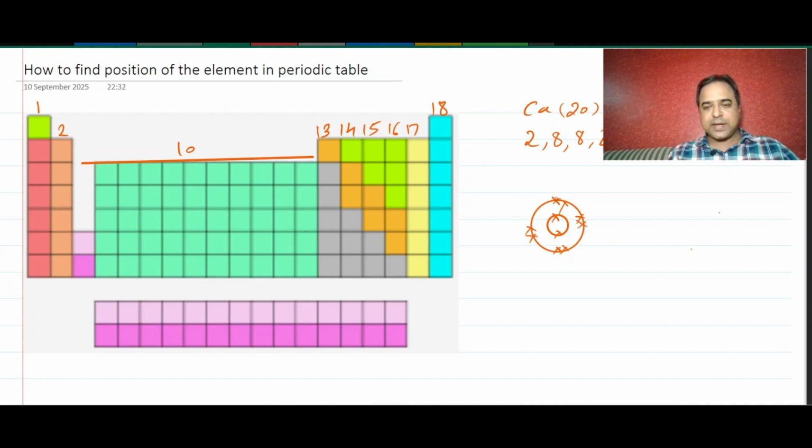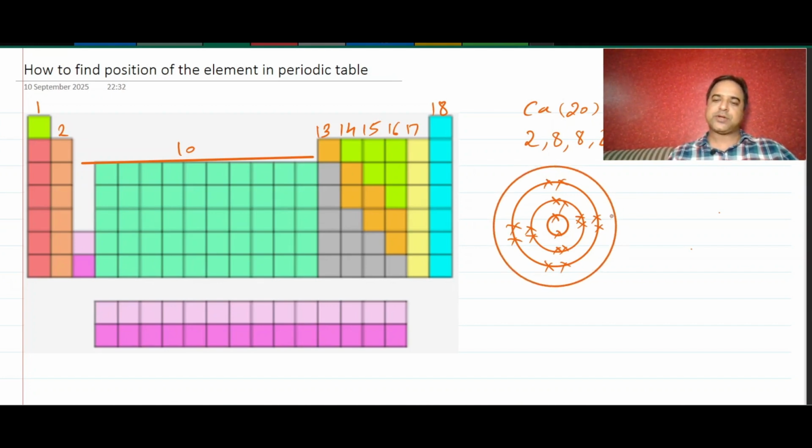It is just to explain to you children how the orbital structure of any element is going to be. The third orbit will have a further 8 electrons and the last shell is having 2 electrons. Now understand here. So, how many orbits are there? 1, 2, 3 and 4. Why am I counting this orbit? Because the number of orbits in an atom is going to tell you which period it is going to be in